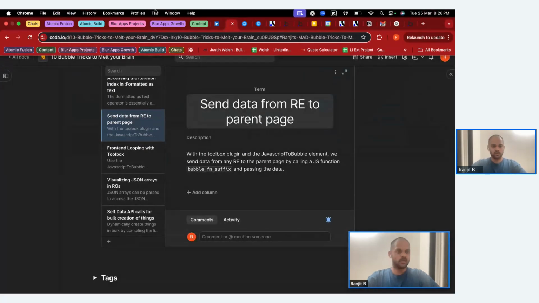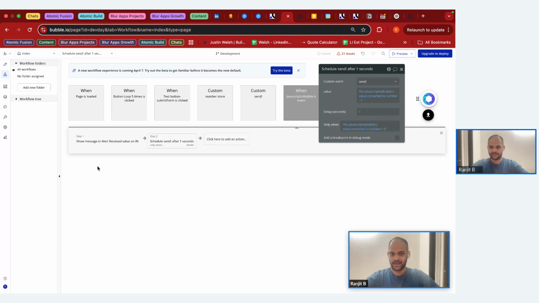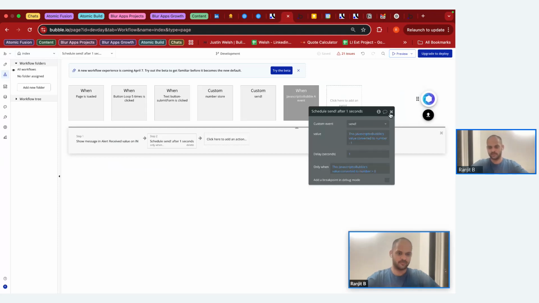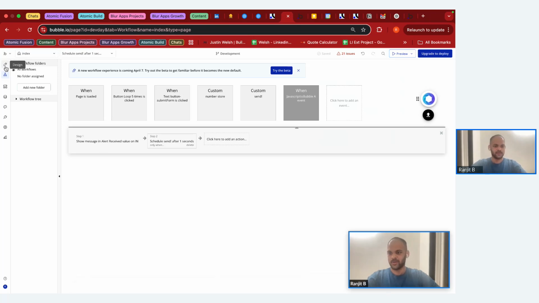All right, moving to, oh yeah, front end looping with the Toolbox plugin. I love this. Did you know that you can run loops on the front end as well? The way I tend to do this, although you have to be careful about it because if it goes into an infinite loop, your users will get really frustrated, is